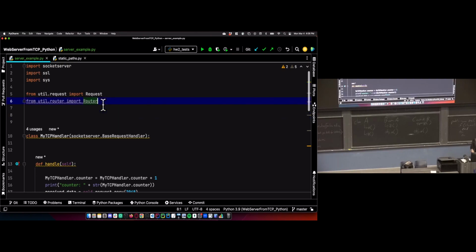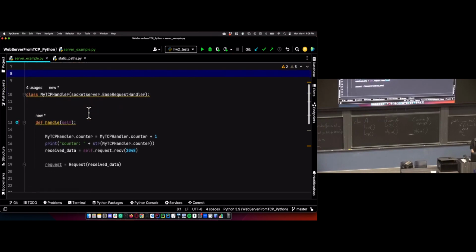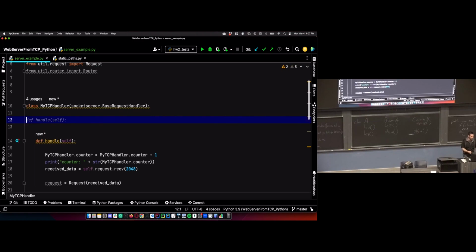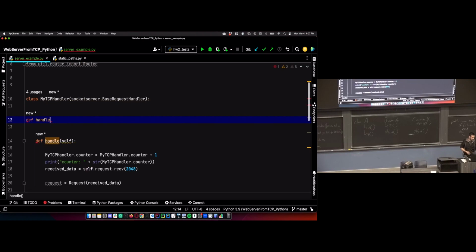So I have the router imported here, and the question is how to use it. I've seen a lot of people calling add route in the route request method, and the route request is looking like the handle method. If path is this and method is this, then add a route, just a lot of really weird stuff that I'm seeing. And a lot of office hour visits are turning into explaining how the router works. So let's clear this thing up. So I have the router. The biggest thing, I think the biggest misconception is that you're going to add this